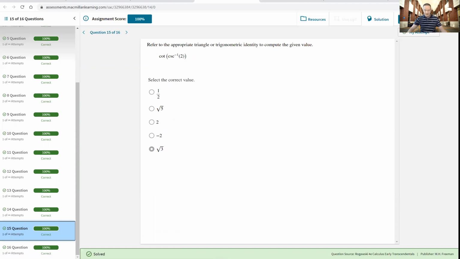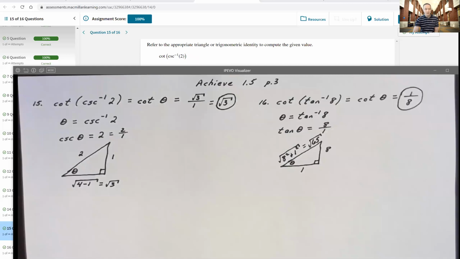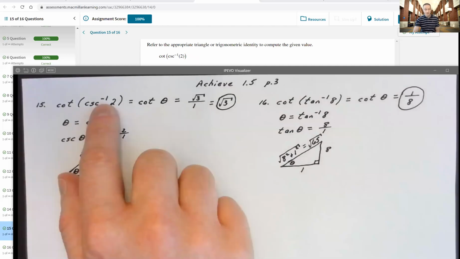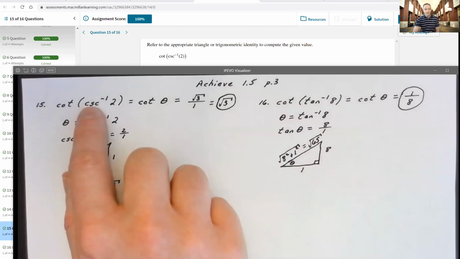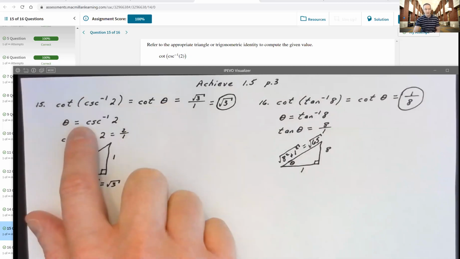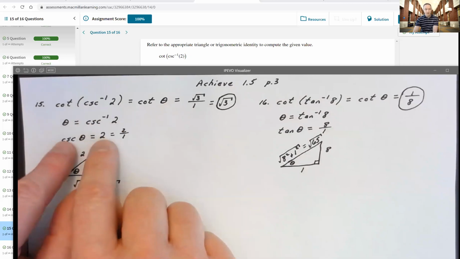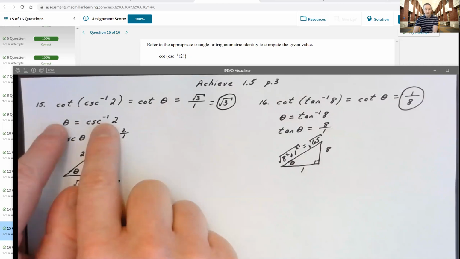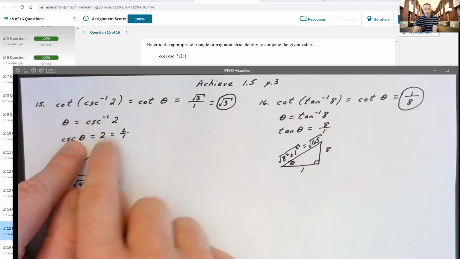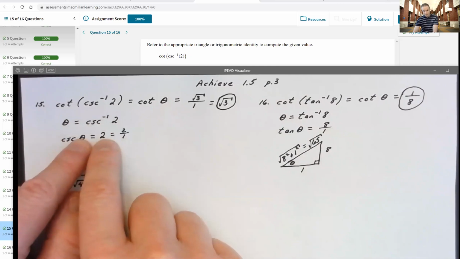For the second to last problem, number 15 here, it gives us the cotangent of the inverse cosecant of 2. I need to simplify this out by letting theta represent that inverse cosecant. That's what I do right here. Theta is equal to the inverse cosecant of 2. So that means I should take the cosecant of both sides. And when I do, the cosecant and inverse cosecant cancel. And I just get cosecant of theta is equal to 2,